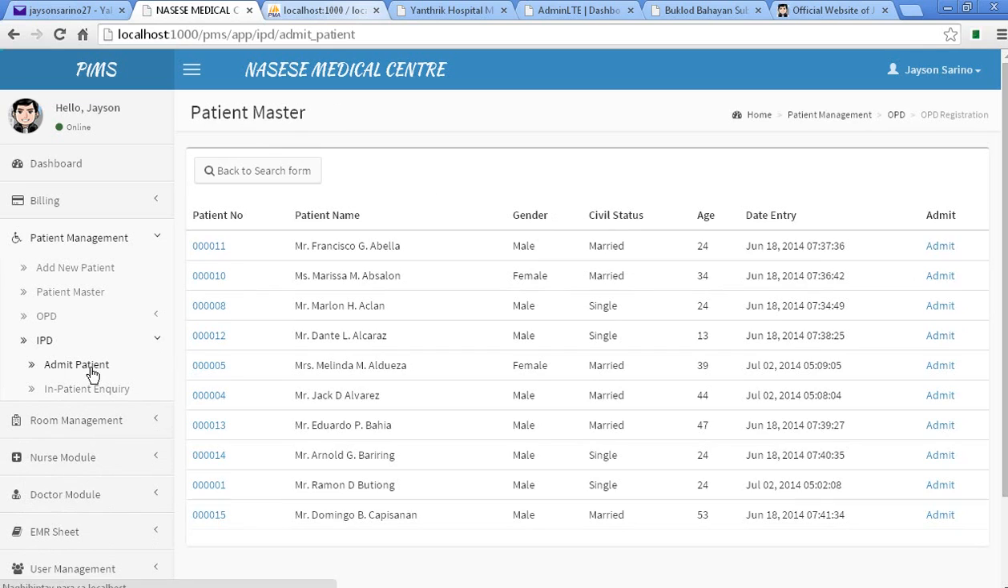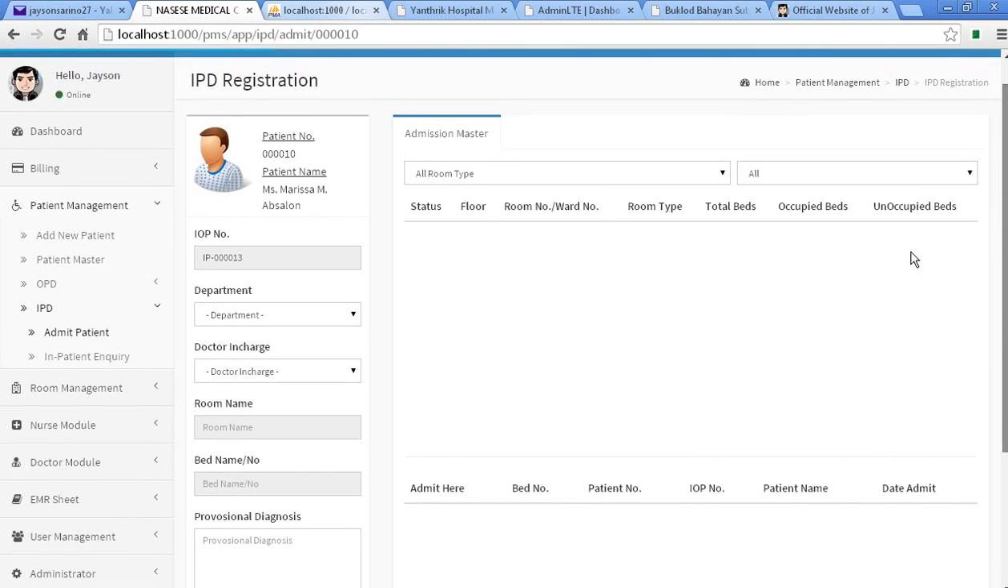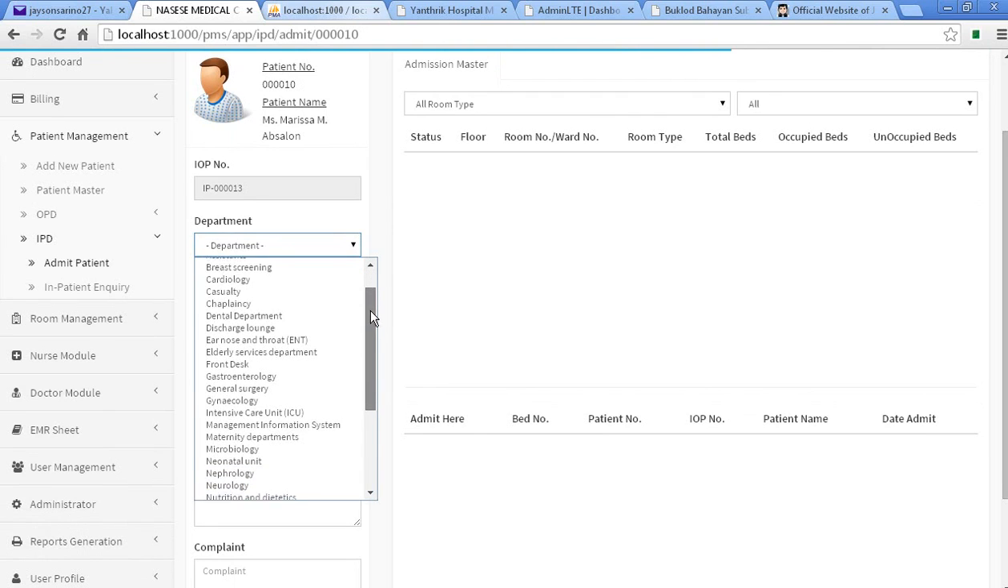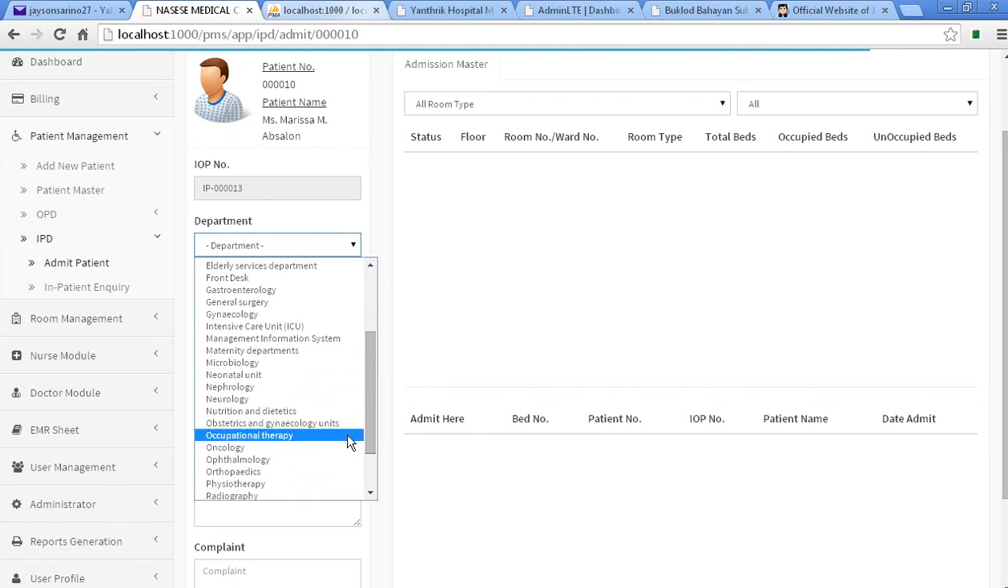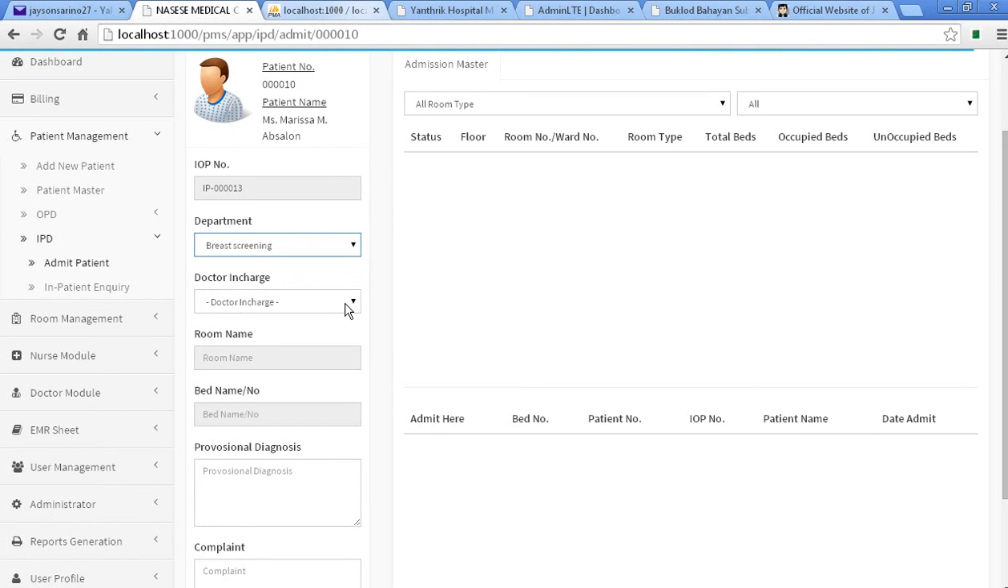Admit patient. Then you can see the master data of the patient. Search for Marisa Absalon, then click admit. After admit, in the IPD registration module, click department. Sample is ophthalmology. No, this is sample only. Breast screening, doctor in charge. Okay, room name and bed name. We can proceed to